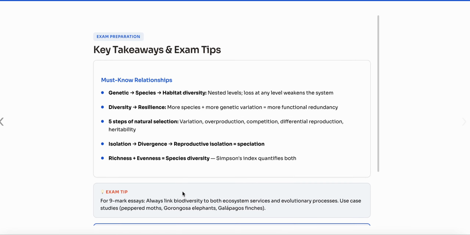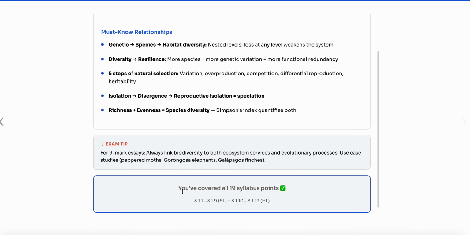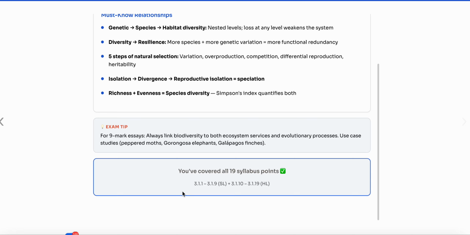These are the key takeaways and exam tips. You should know the relationship between genetic, species, and habitat diversity. You should know how diversity leads to resilience. You should know the process of natural selection and isolation, and how the Simpson diversity index is calculated. For the 9-mark essay, where you are asked to link biodiversity with both ecosystem services and evolutionary processes, make sure you use case